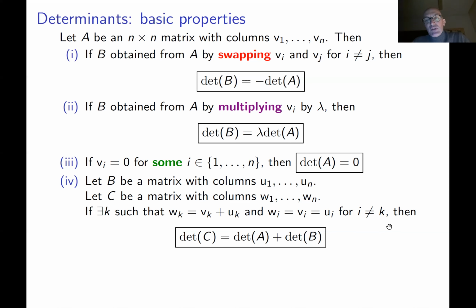Why are they important? There are several reasons. One reason is that if you know them, you can compute the determinant of any square matrix almost without any formulas. You can reduce this computation to diagonal matrices, or even to the identity matrix. If you know that the identity matrix has determinant 1, and if you know these 4 properties, then you can easily compute the determinant of any matrix without any formulas, just using these 4 properties.